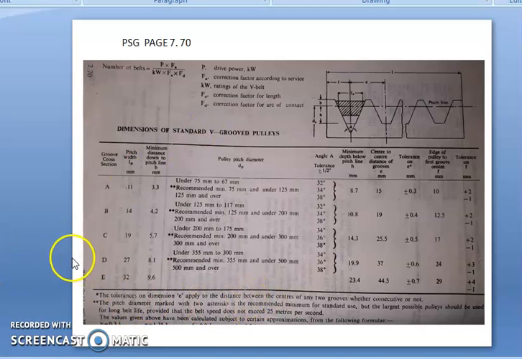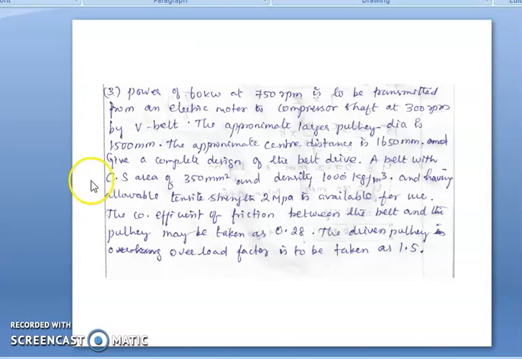Here actually pitch length correction factors and other dimensions are given. This formula is used to find out the number of belts. Then it is actually a single pulley, V grooved pulley. Here we can arrange more number of V belts. With this, now let's see the problems on design of V-belt.